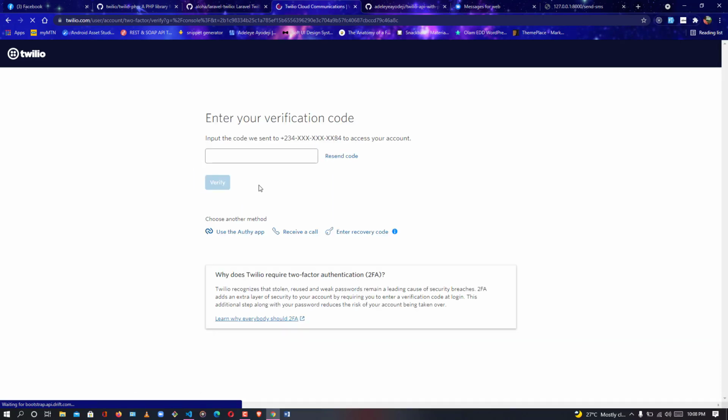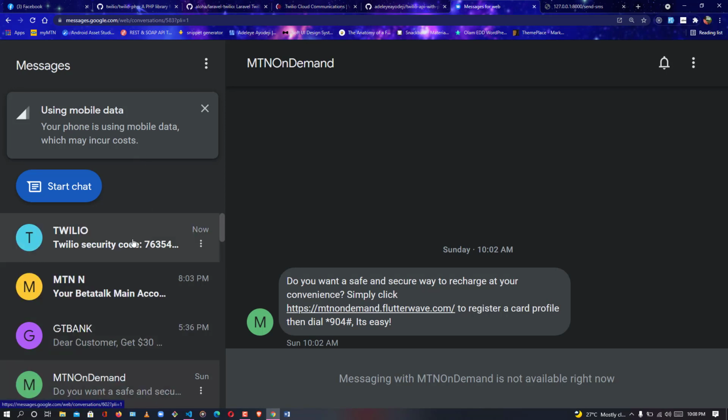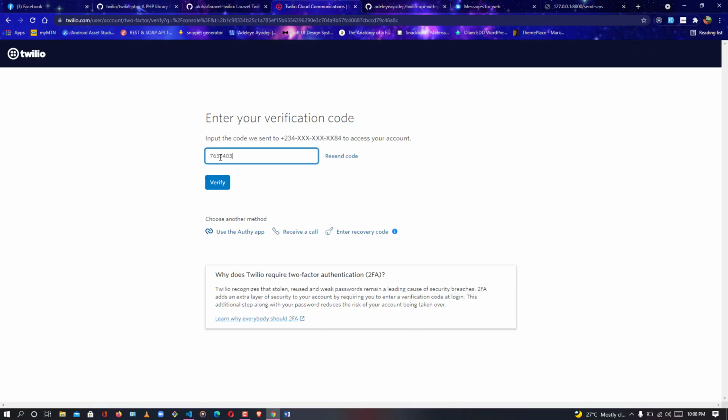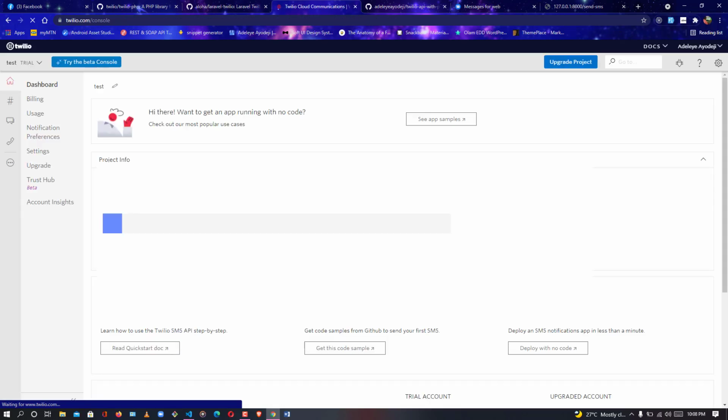Okay, I require two-step authentication. Okay, so this is the SMS, paste it in, verify. Good, I'm in. Okay, so I already created a project already, but if you don't know how to do this,